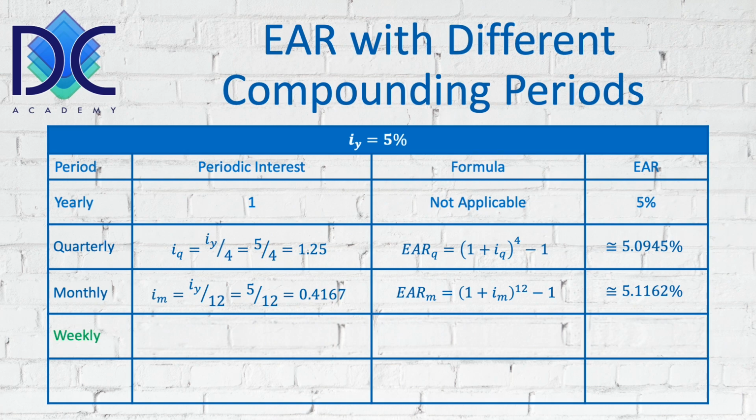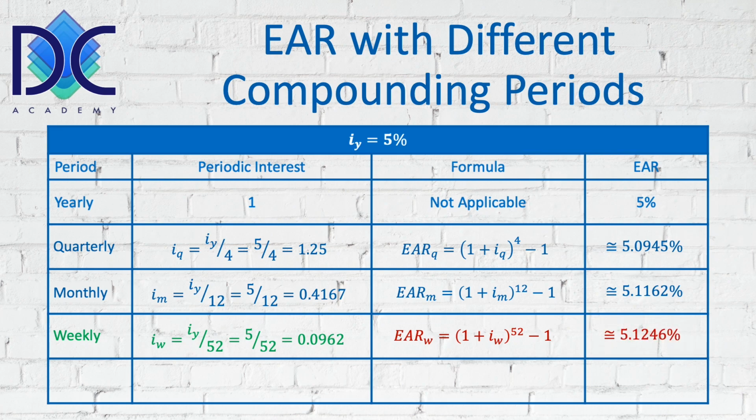Weekly compounding makes us divide the 5% by 52. We use that interest rate to calculate the effective annual rate, which is again (1 plus the weekly interest rate) to the power of 52 minus 1, which gives us 5.1246%. And the last one is the daily compounding, and that's the calculation we did at the end of the